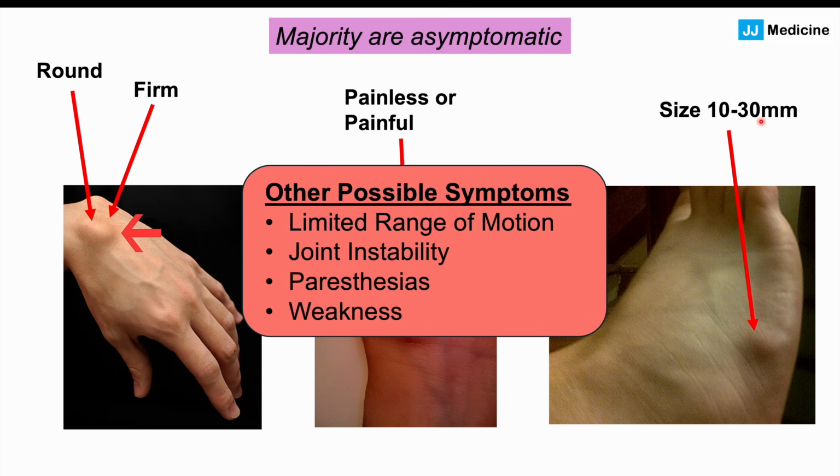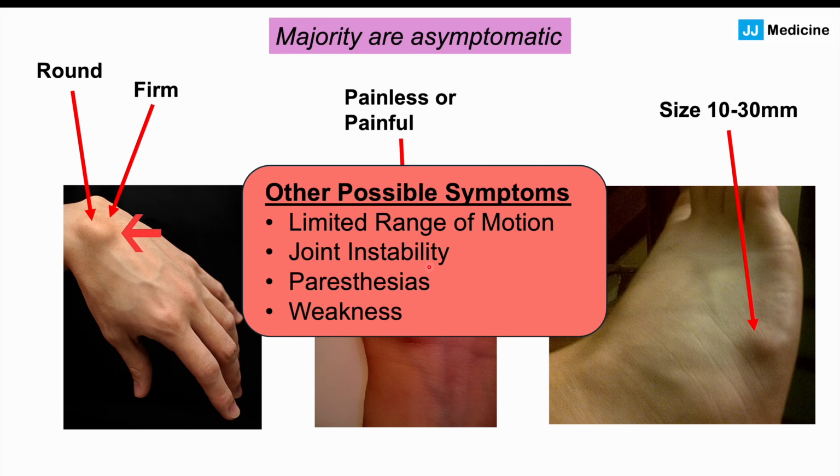Now, those are going to be the uncomplicated cases, but we can have cases where the cyst is in a certain location or it has grown so large, as the cyst can change in size over time and get larger. If they start to impinge on other structures, they can start to cause issues. And some of these possible issues include limited range of motion. So if you have one on a finger and it's so large, you might not be able to bend the